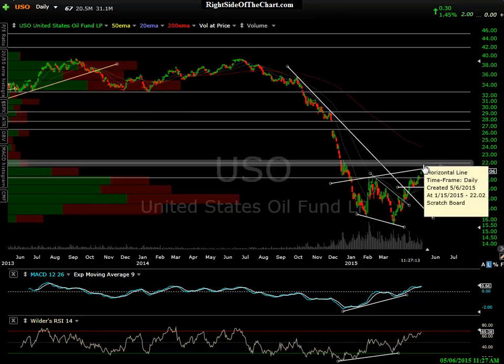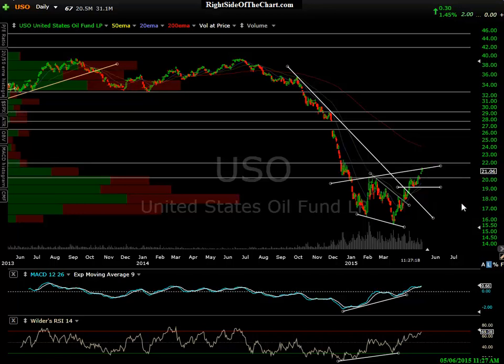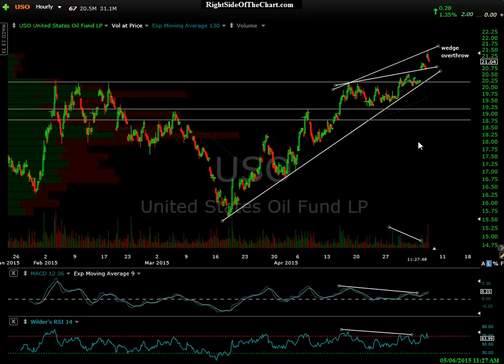So again, that's really just my take. Minimal upside here, maybe about the $22 level, although I don't believe that will be the case. But again, that's what I'm looking for on crude, is just another pullback here. At the very least, some sideways action just to work off these overbought conditions, and then give USO the gas or the umph, if you will, to make a solid and sustained breakout and run up towards that $26.50, $28 level over time.